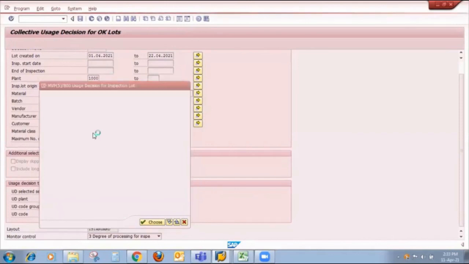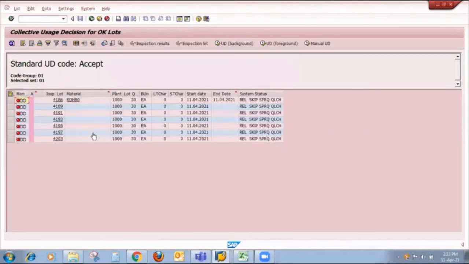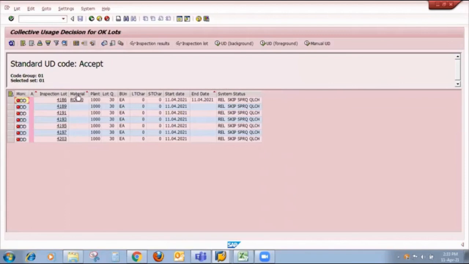Yes. So friends, the next screen shows the proper inspection lots, which are the skip inspection lots.